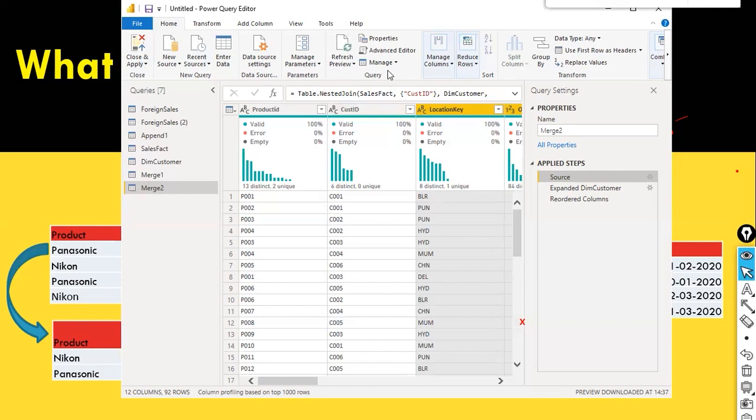Go to the full instructor-led course. Just see here, for example, merging the data sets is already there, data profiling is already there. You see that this guy is going to cover, so far he covered this one, he might cover this one. You just go through it: appending data sets, merging the data sets, enable load, include, what is current. You watch all the things. If you cannot absorb quickly, this is the best way. Before you attend the next session, make sure that whatever I'm going to cover in the next session, you